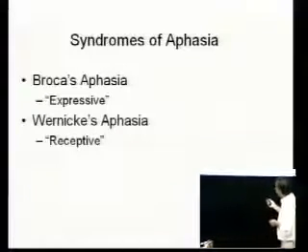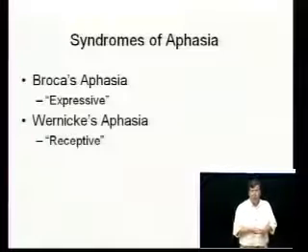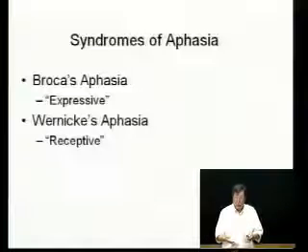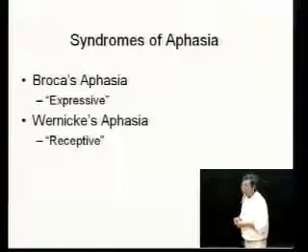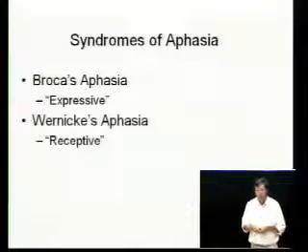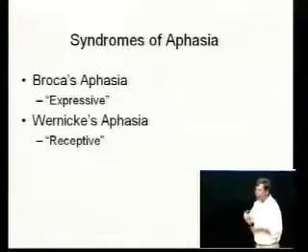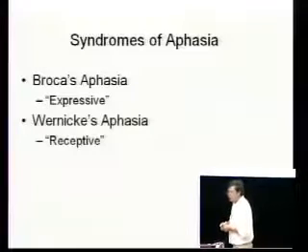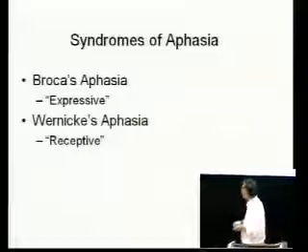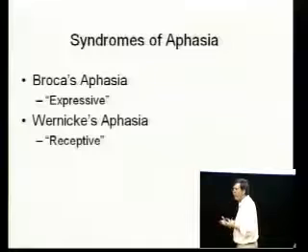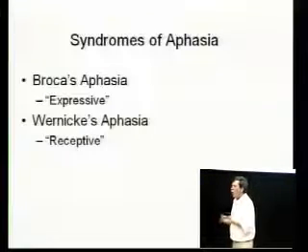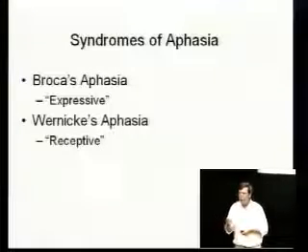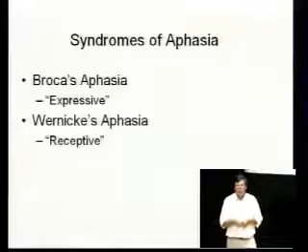On the other hand, patients with Wernicke's aphasia, a so-called receptive aphasia, not only have problems with speech production or speech expression, but they also have problems understanding the speech of other individuals. They can't follow commands, they can't follow instructions because they simply seem not to be able to understand what other people are saying to them. Moreover, patients with Wernicke's aphasia, so-called receptive aphasia, also have expressive problems, but their expressive problems are different from those that we observe in so-called Broca's aphasia.